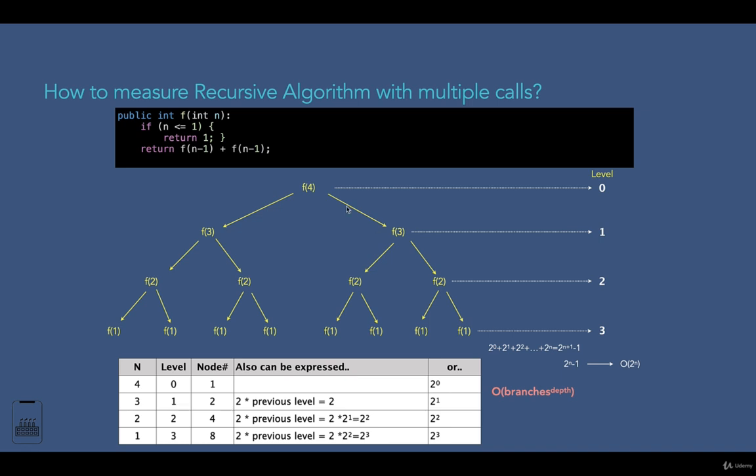In our case, the branches is 2 because each time we call the recursive function, it calls itself twice. Here you can see that we have 2 branches for each call. And the depth in our case is 4, for example, for this case. So it means that the number of calls will be, in this case, 15. But if you put n there, the time complexity will be 2 to the power of n. Hopefully with this example, you have understood how we can find the time complexity for a recursive call which calls itself multiple times. Here it actually depends on the number of calls that it makes to itself and the depth of this tree over here.